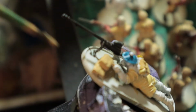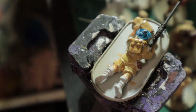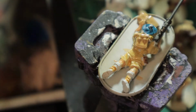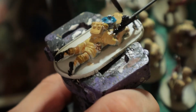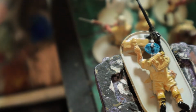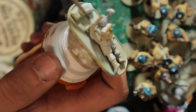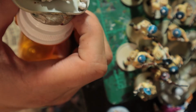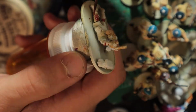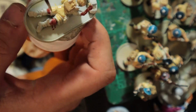Now, the other and more challenging part of all of this was whenever I was painting up the support weapons and vehicles. In part, that was just because trying to get my hand to handle the support weapons and the crew was a bit more challenging overall. The support weapons and vehicles are on bases the size of a Redemptor Dreadnought, and that's a 40 millimeter base, and I don't have a hobby holder for a 40 millimeter base, which means that I'm having to grasp it in an open palm position with my fingers,